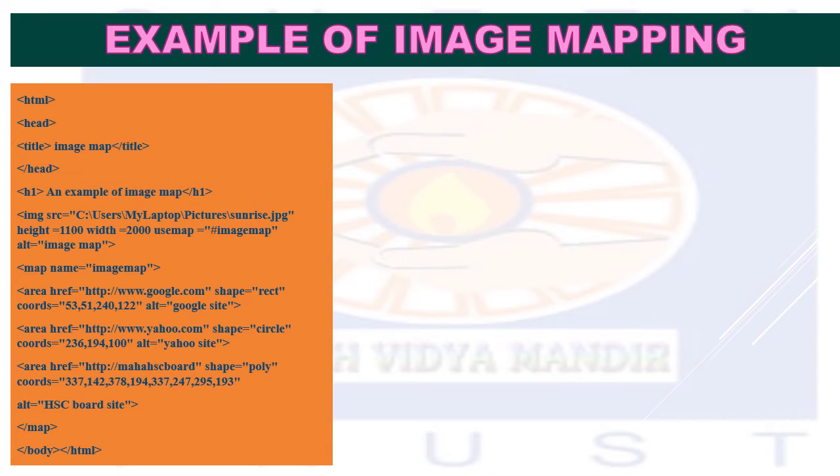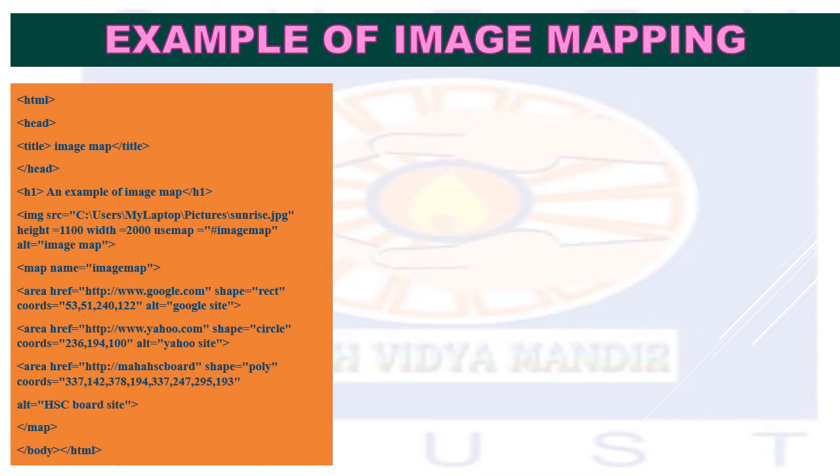Next, come to the next shape, that is the circle shape. Again you will have the same area href. Here I am giving the URL as yahoo.com. That means when I click on this particular circle shape in that image, it will open my Yahoo page. Here again the shape is given as circle. You have to write the full name of the circle, that is CIRCLE, the full spelling, with the coordinates COORDS. Here, as I said, a circle needs only 3 coordinates. So these are the 3 coordinates of the circle, and the alternate text.